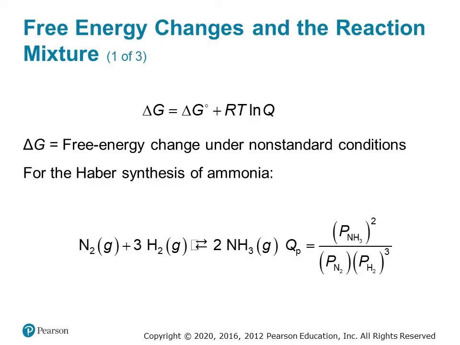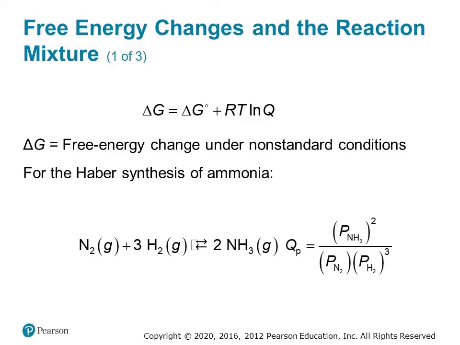We've discussed how to calculate the standard free energy change for a reaction via a couple of different ways, but of course we can also consider systems under non-standard conditions. For some combinations of reactants and products other than the amounts defined by standard conditions, the free energy change for a reaction, delta G, will be equal to delta G standard plus R times T times the natural log of Q, where R is the molar gas constant, T is the temperature in Kelvin, and Q is